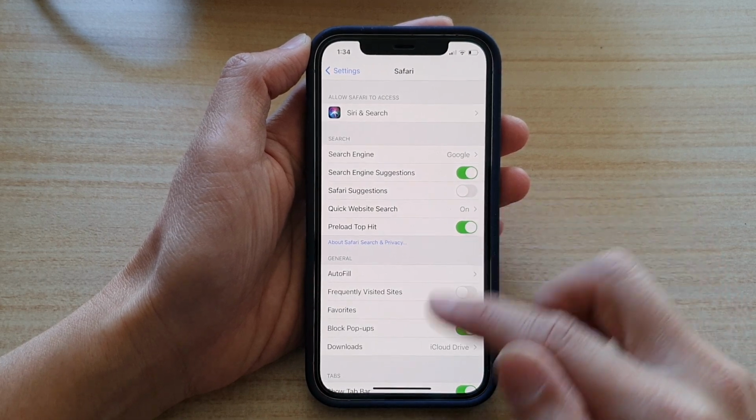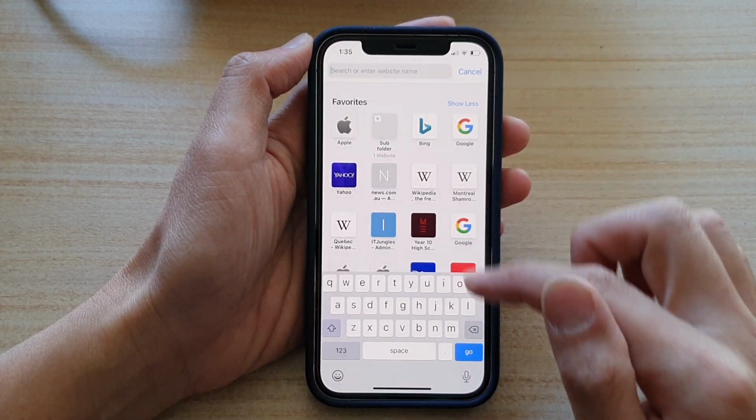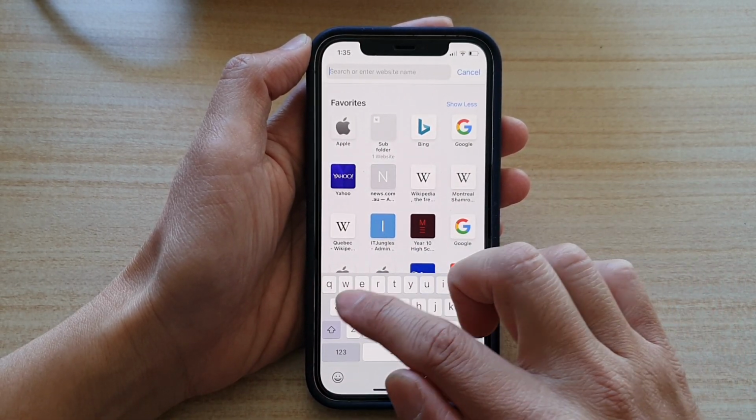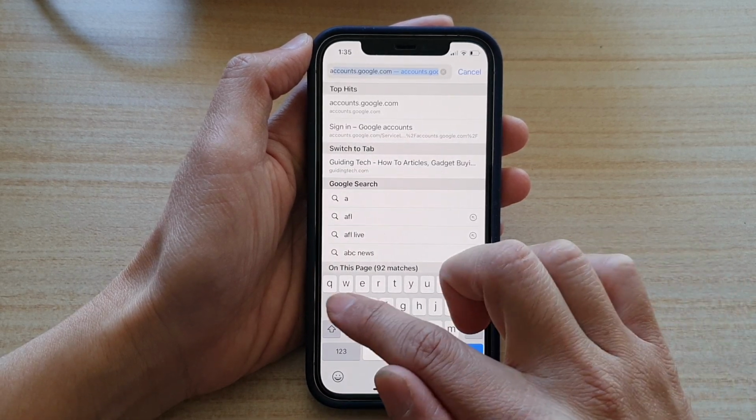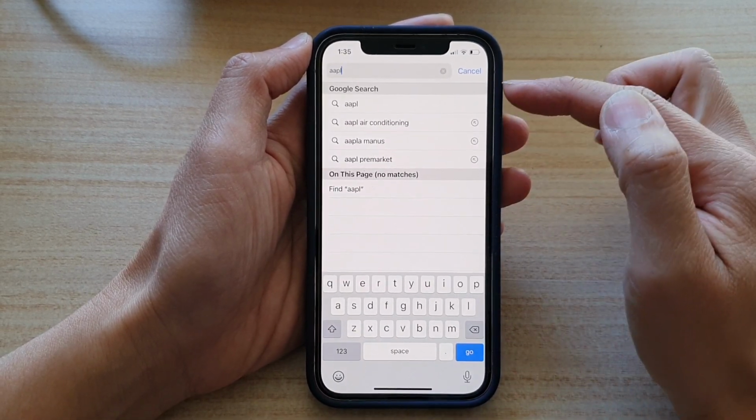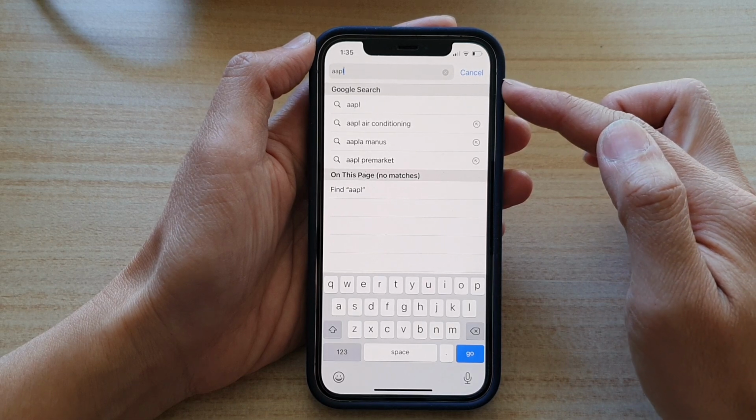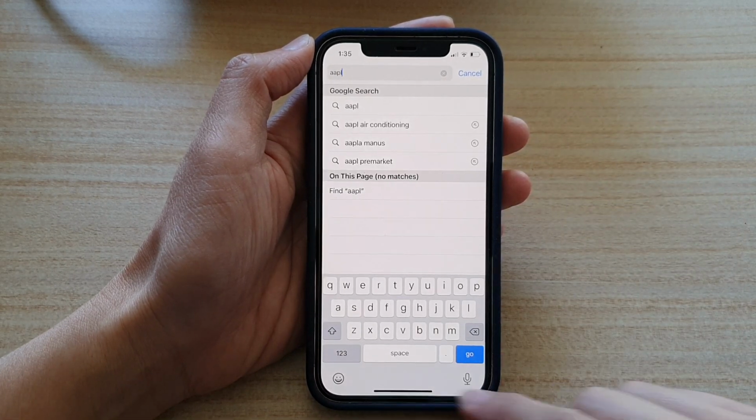Now if we switch it off, you can see if I go to my web browser and put in a search keyword, AAPL, this is what it looks like with the suggestions switched off. And if I switch it on,